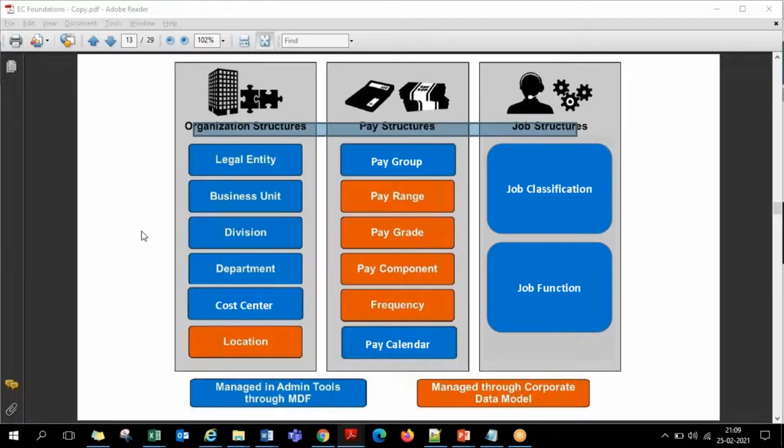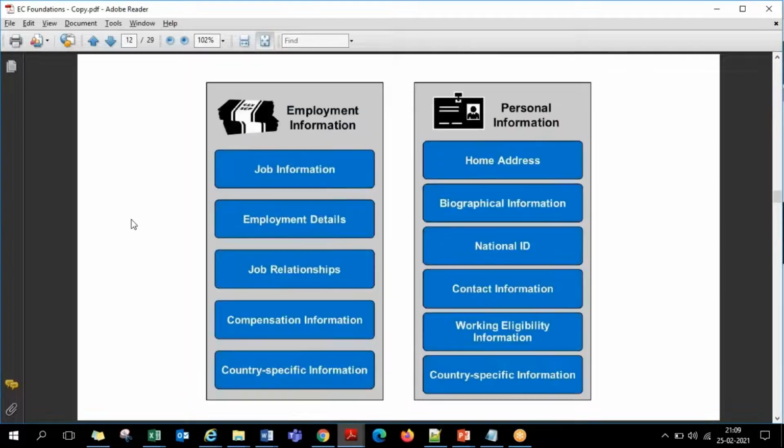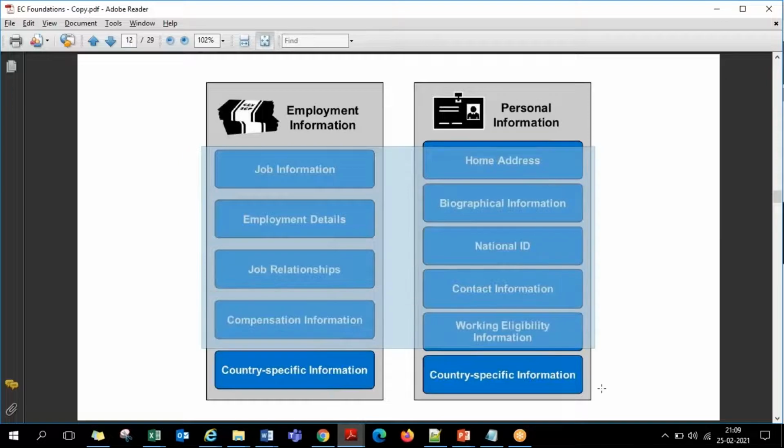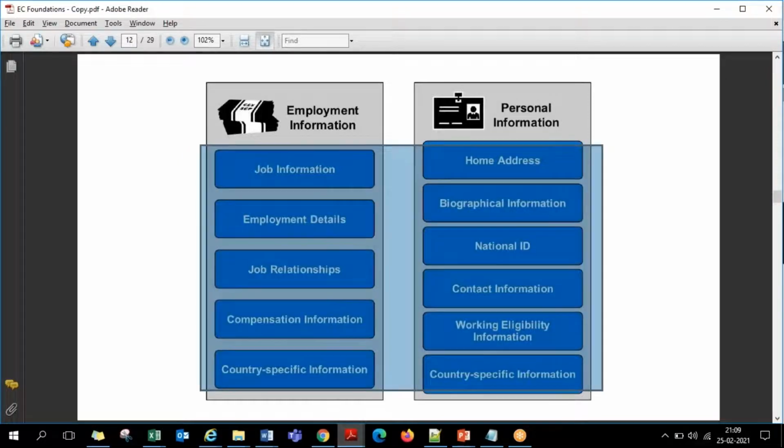Okay. So in the previous slide, here it is all about the examples of the portlets, the different categories of information which we see under the personal information and the employment information category of the HR data. At the end of the day, all these examples we see here belong to the employee profile. So on the employee profile, we see all these categories of information. They are aligned under multiple sections and subsections.